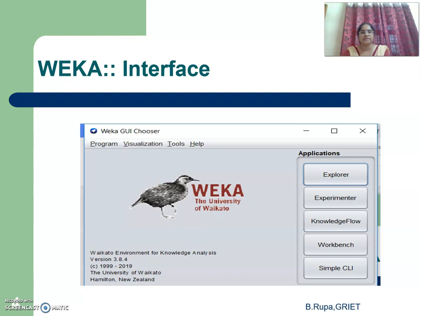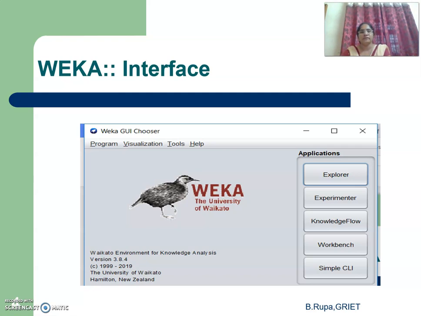Knowledge Flow is an environment that supports essentially the same functions as Explorer but with drag and drop options. Workbench gives an environment that combines all of the GUI interfaces into a single interface, like Explorer, Experimenter and Knowledge Flow. And Simple CLI provides a simple command line interface that allows direct execution of Weka commands.